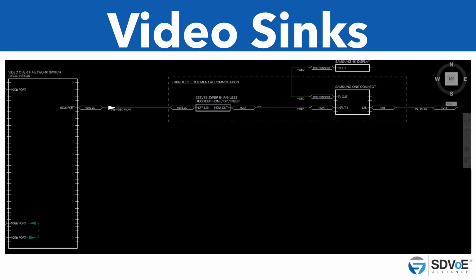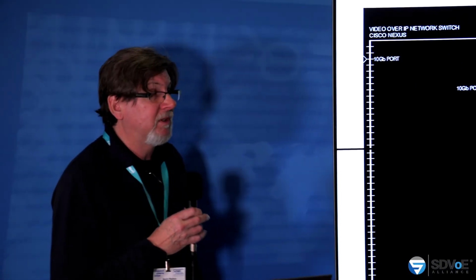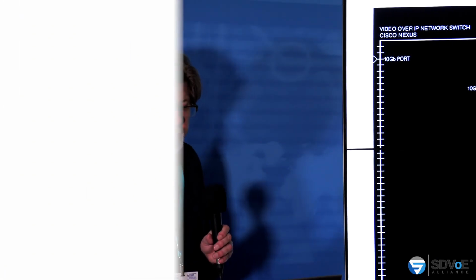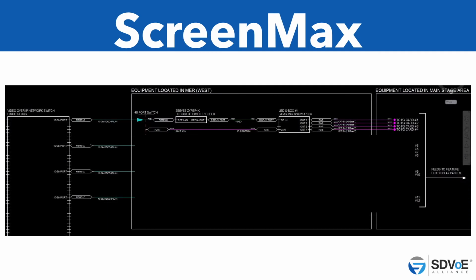And the important thing as well is the HDR Plus, okay, is getting that additional bandwidth through there, those extra bits, because not all AV over IP systems can support that. And this is a Green Hippo setup. So this is at the